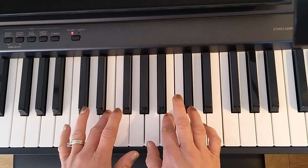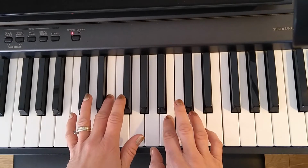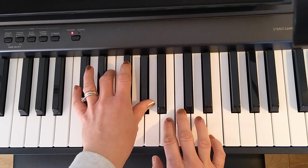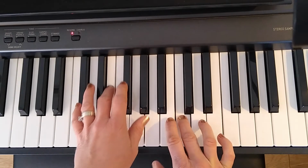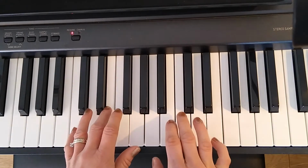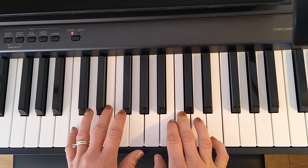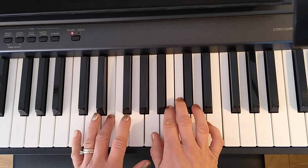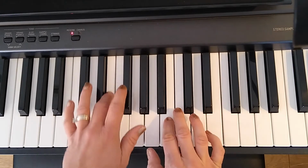Okay, and then we're going to go back down to the left hand again, and this time you're starting on the E and going E to G sharp. And where you've stopped your right hand on the B, you're going to use that B again. So I do that one more time, it's... So those 2 bits that use the left hand and right hand together starts from down here on the middle C, so it's... And then...